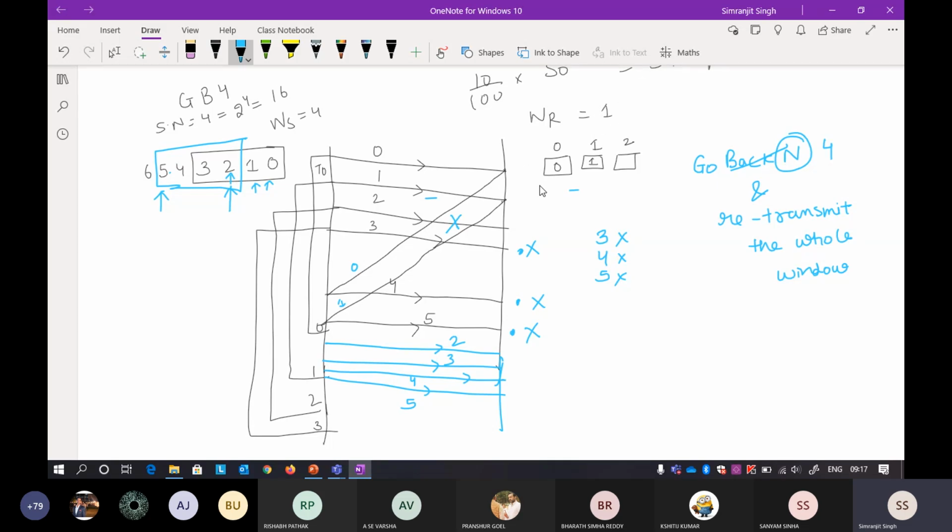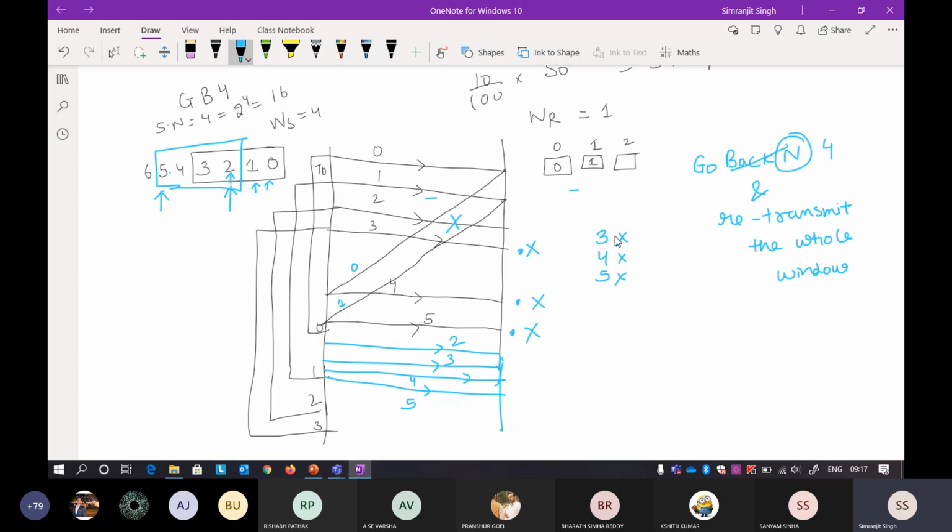If it is not getting the desired sequence number, because the sequence number fields are already known to the sender and receiver, it is expecting that a packet with sequence number 2 should come towards it, but actually it is receiving 3, 4, and 5. So when it is not ready to store these particular packets, it discards them.